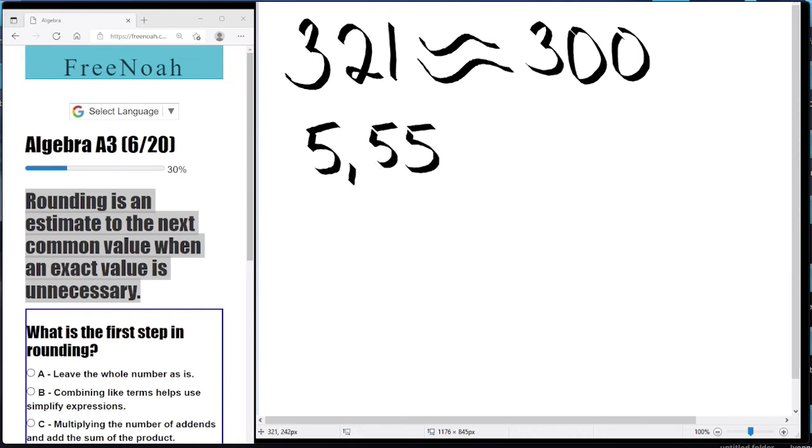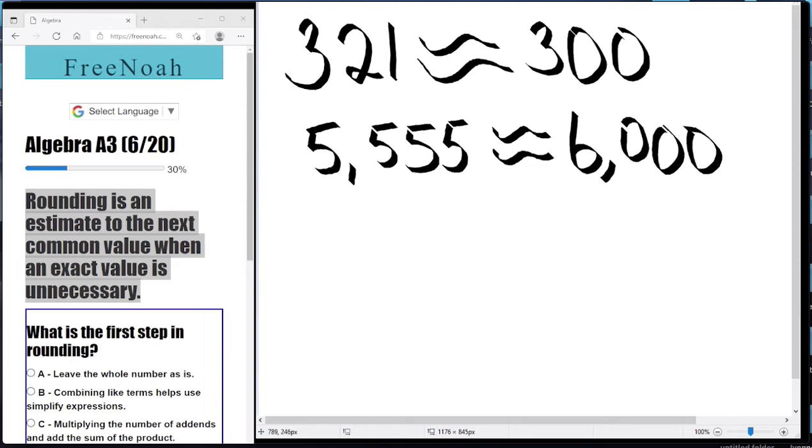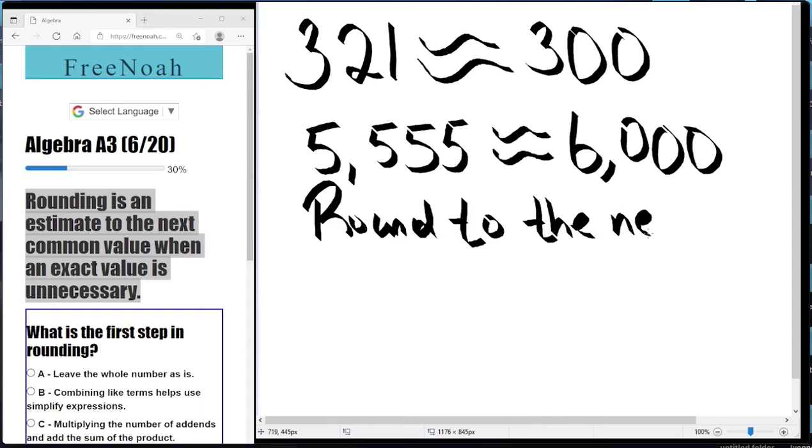How about 5,555? Once again, there's no specification, so we're going to round to the nearest thousand. This will round up to 6,000 because the hundreds digit is 5 or greater. So we replace the 5 in the hundreds place with a 0 and add 1 to the thousands. But let's give some specifications to the same number. Round to the nearest 10. Take the same number,